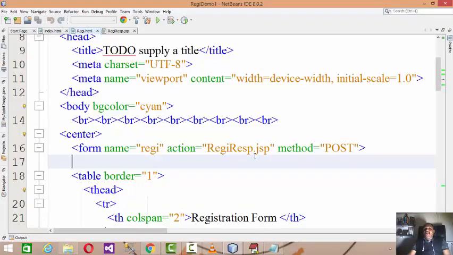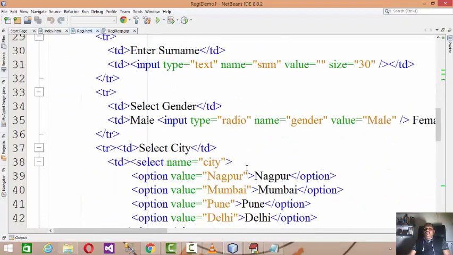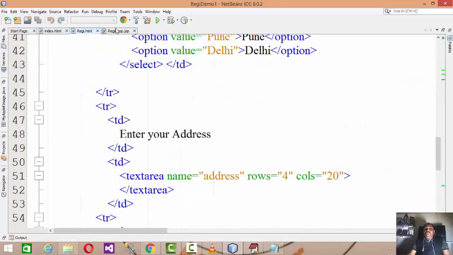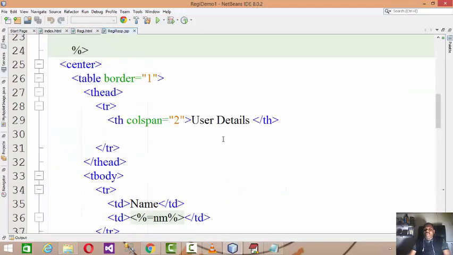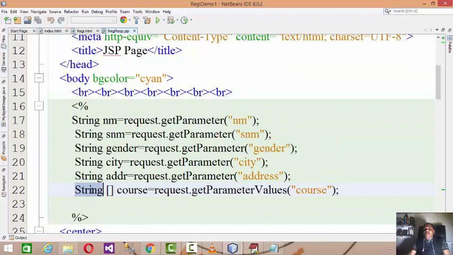What error will we get over here? The error occurs whenever you post nothing. Obviously at that time the array length was 0, and if the array length is 0, then obviously a null value will be generated, a null pointer exception will be generated over there. That is the error over there.